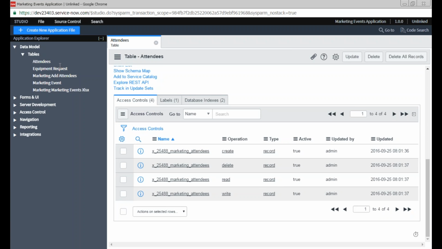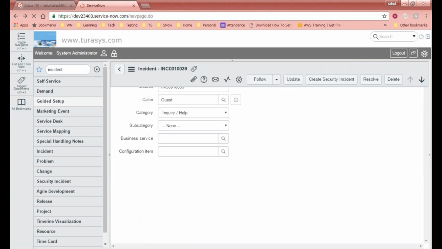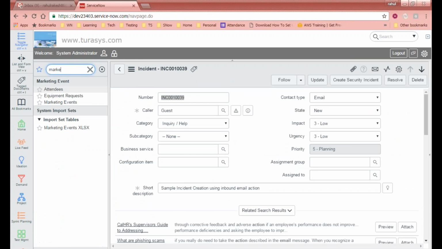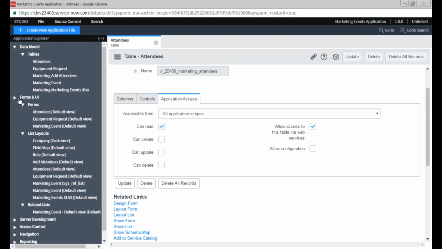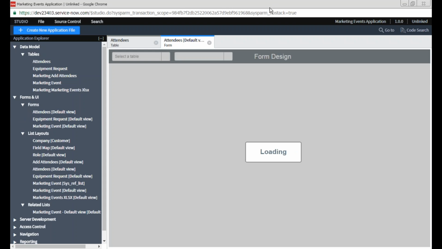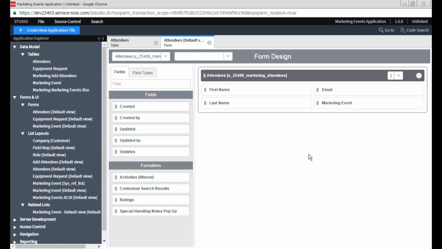Now, we have the table created for attendees. When the table is created for attendees, I now have to see how I want to present the UI to the user. So let's go and find out the attendee form here. On the forms and UI, I clicked on the attendees form here,